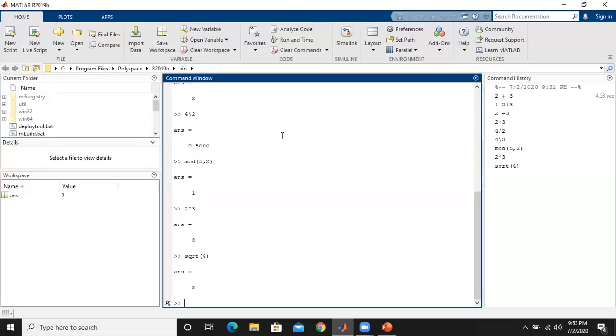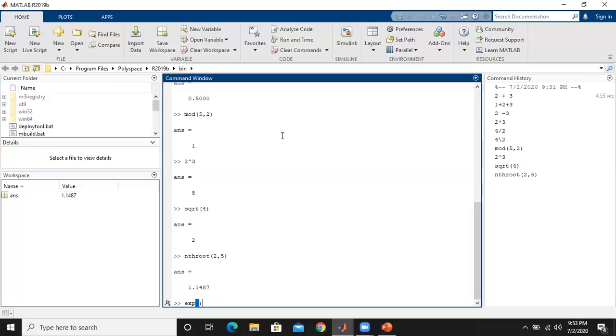And also we can find out the nth root. For example, we have the fifth root of 2. Then we have to type nthroot. In this bracket we have to provide two arguments. The first is 2, that is the number whose root we want, and we have to provide the order of that root, that is 5. That is, we are going to find the fifth root of 2. So here you get the answer as 1.1487.